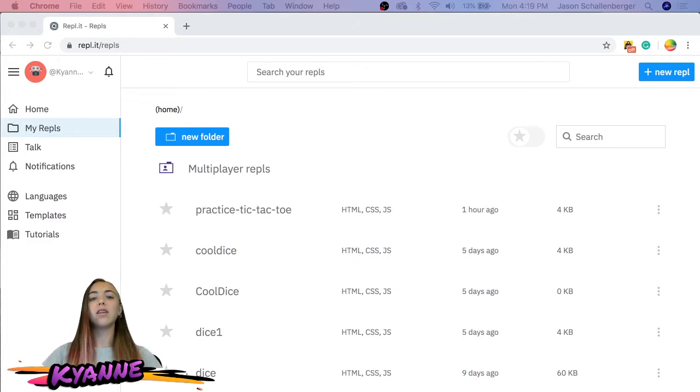I really like building this game because I love playing Tic-Tac-Toe, but you use a lot of paper and you have to draw out the board every time. So with this, you get to play it on the computer and you build the game, so it makes it way cooler. So we're going to start by creating a new REPL,